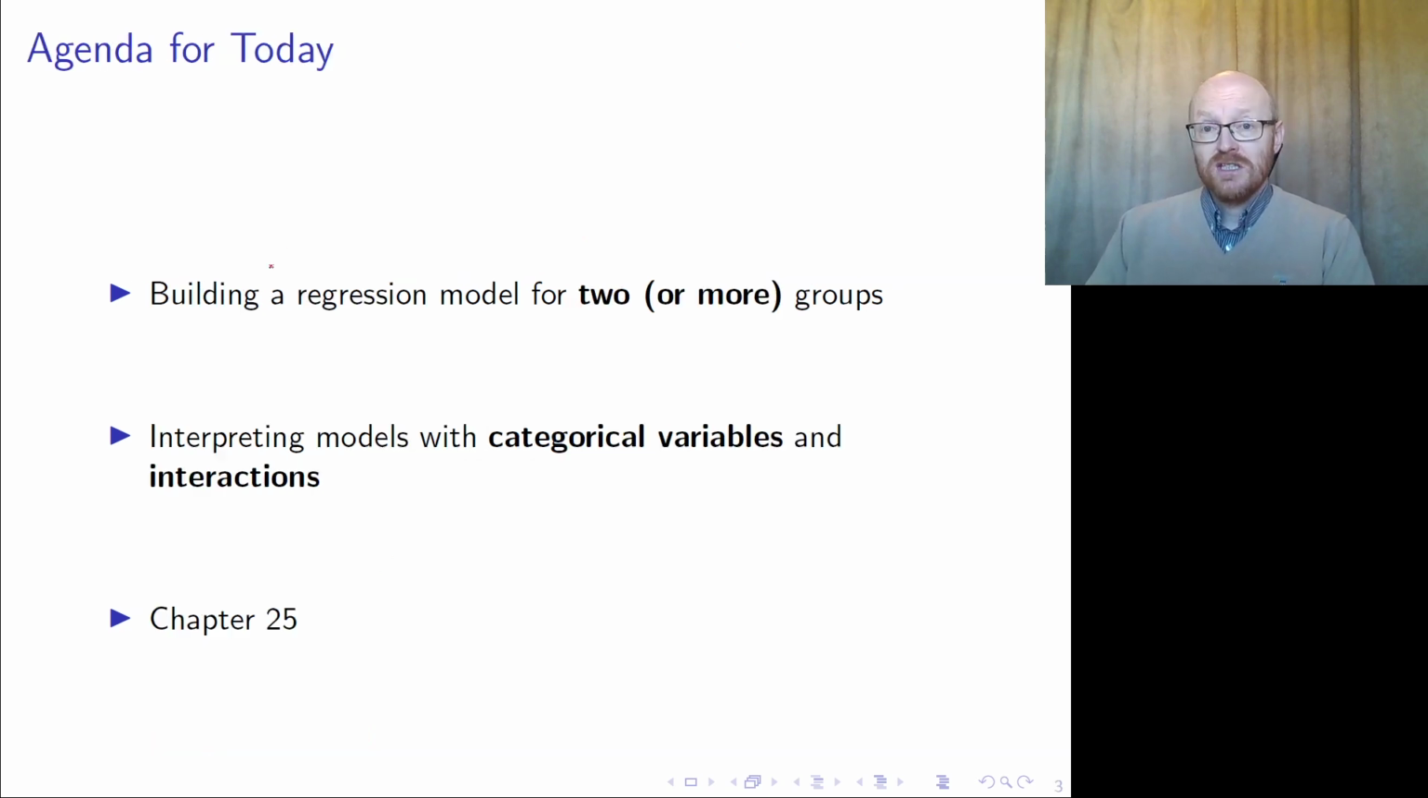So the agenda for today is that we are building a regression model, which is our main tool in this course. And we are building a regression model for two or more groups, and we are interpreting these models with categorical variables and interactions. Categorical variables are like 0 and 1, and interactions could be